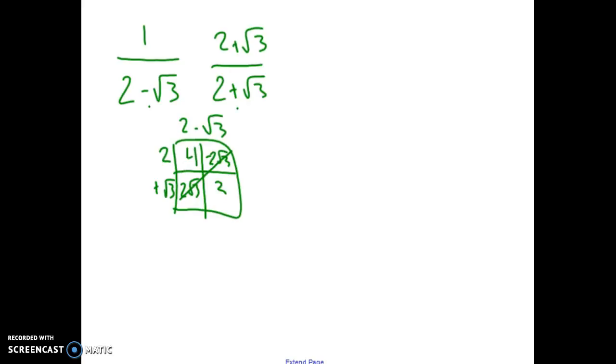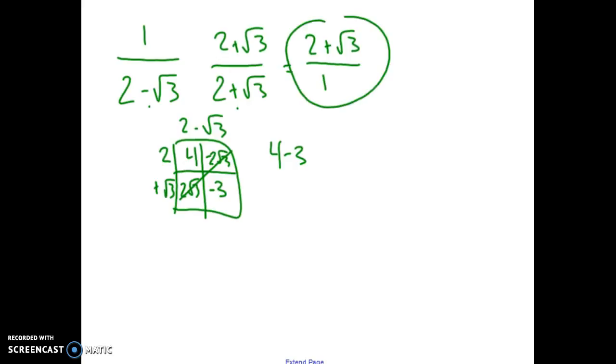4, this gives me a 3. So my denominator becomes 4 minus 3, or just plain old 1 in this case. My numerator is 2 plus root 3. So please remember that if this had been a binomial in the numerator, you'd have to make another area model for your numerator. Something similar applies if I have